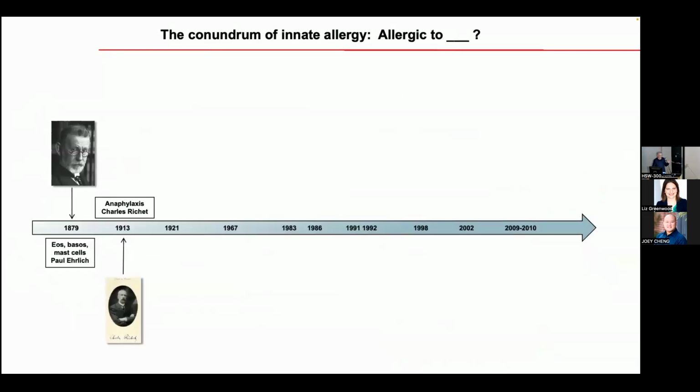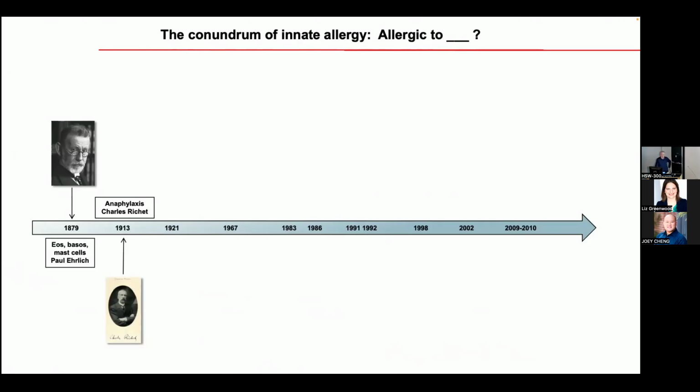So when you look at the history of allergy and asthma, this is the conundrum. If people have allergy, everybody says, oh, what are you allergic to? You're allergic to cats, or you're allergic to shrimp, or you're allergic to peanuts, which is by definition adaptive immunity. These are antibodies like IgE that see these things specifically, or T cells that react to them. And the recognition of allergy is littered with horrible things.